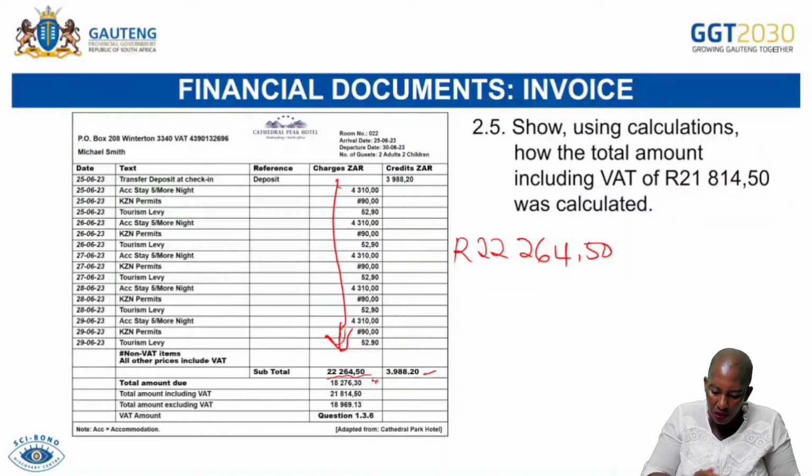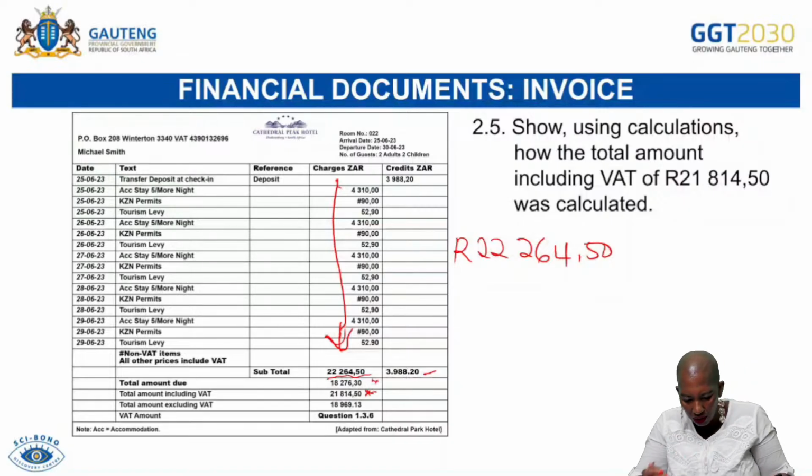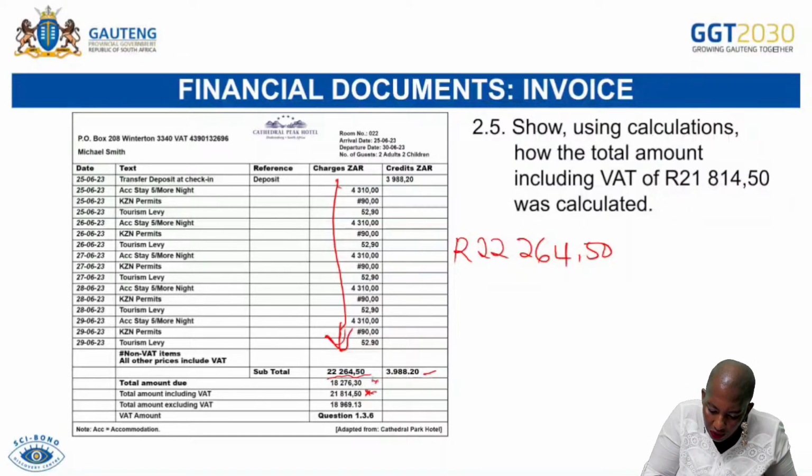So now I can simply do it in a simple way, because now they say, how did they get to this amount of VAT exclusive? This one, they want to know how did they get to the amount including VAT. So now we just need to calculate, okay, to say now, since I've got this, how did they get to that amount? So we'll definitely use this one. Let me just cancel this one out, because now I want to know. So it will be the 18,900. It will be